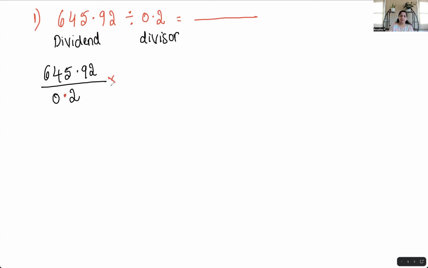For that case, you're multiplying by 10 on the top, 10 on the bottom, because we don't want a decimal number in the denominator, or in the divisor. Because after the decimal point we have one digit here, you're multiplying it by 10. When you multiply any decimal number by 10, we will move one place to the right. So you'll write this question as